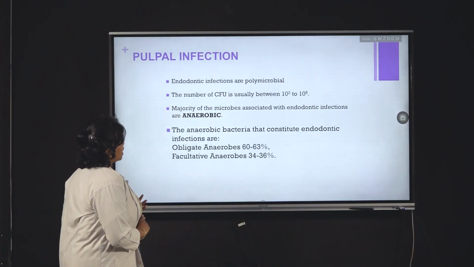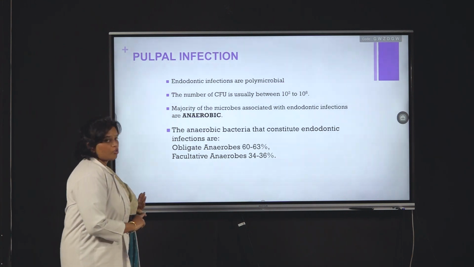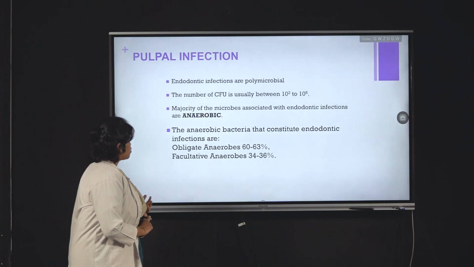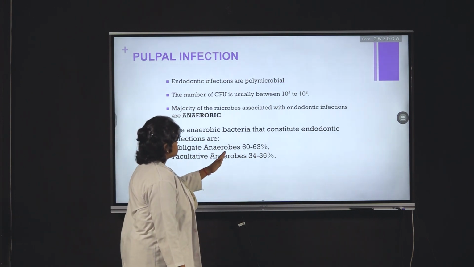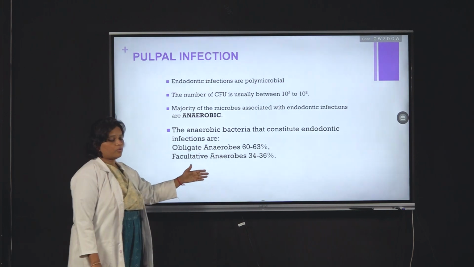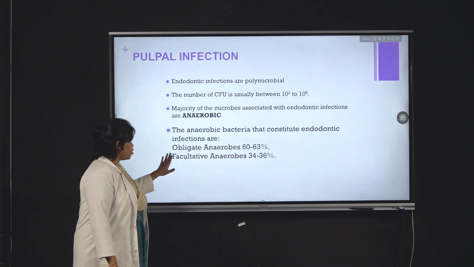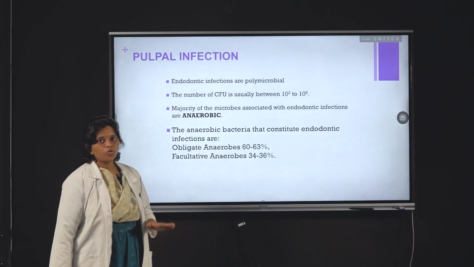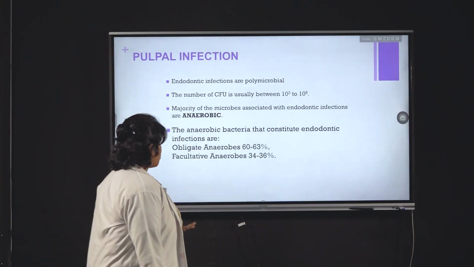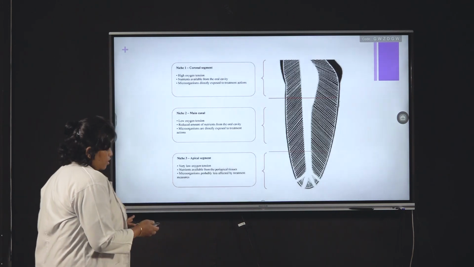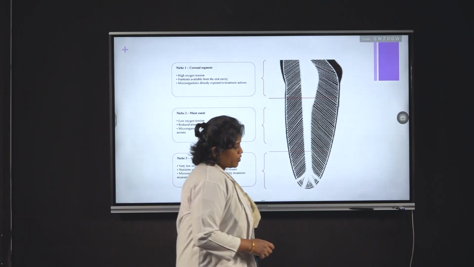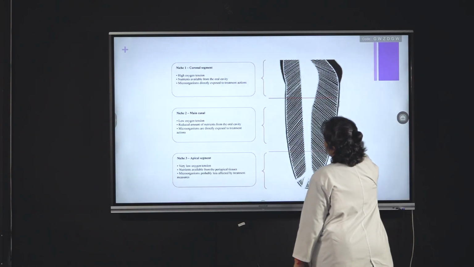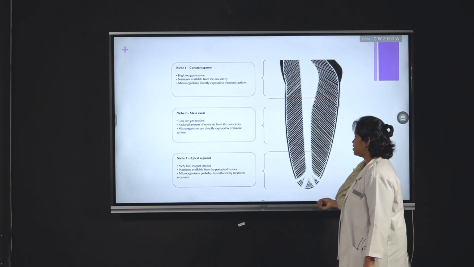So the majority of the microorganisms associated with endodontic infections are anaerobic in nature, and the anaerobic bacteria that constitute endodontic infections are obligatory anaerobes, constituting around 60 to 63%, as already told. Next are facultative anaerobes, which make up 34 to 36% of the anaerobic bacteria. Now the reason why facultative anaerobes are most commonly seen in the coronal fragment and the obligatory anaerobes in the apical fragment is,